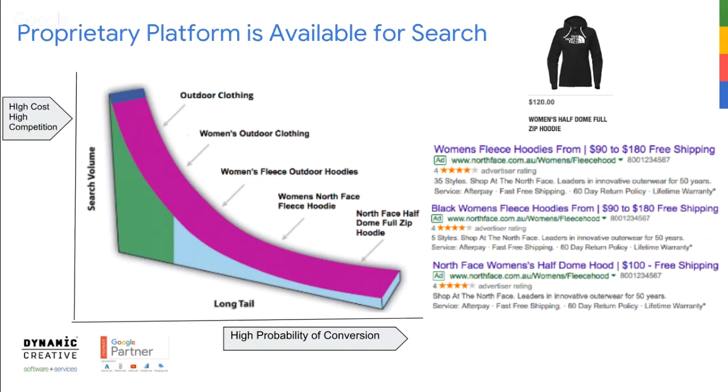and having your ad there at every stage of that search is really important. So let me just see. As you can see in these ads here, what our system does automatically is it